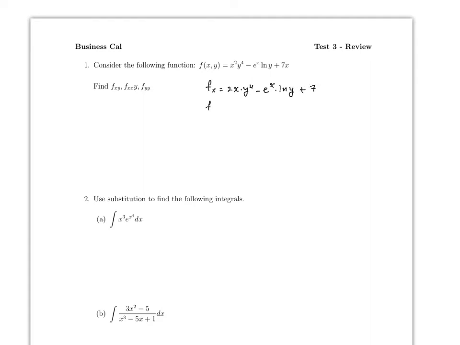All right, so then the second derivative is the derivative of the first derivative. So in this case, you have x in here again, but notice that there is no x here. So this is a constant, and y to the 4 is a constant. So the second derivative of 2x is just 2, so this will be 2 times y to the 4. The derivative of e to the x is still e to the x. ln y is just a constant, and the derivative of 7 is 0.